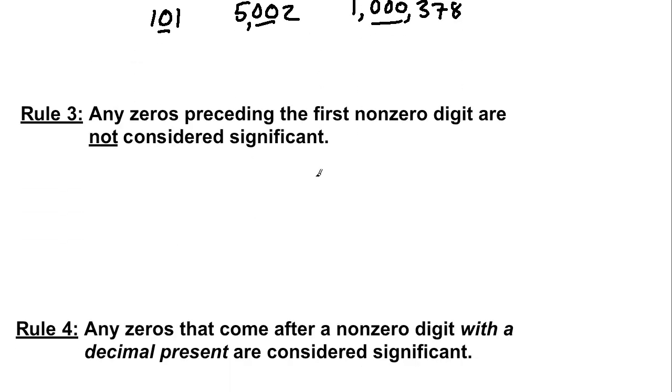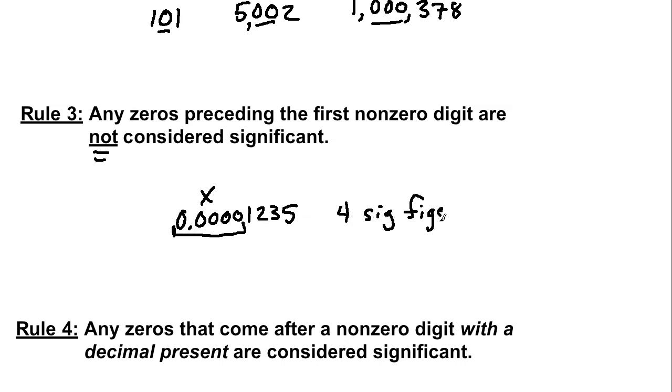All right, rule 3. Any zeros preceding, meaning coming before, the first non-zero digit are not considered significant. So this is when we start usually having very small values, right? And we had an example like this to begin with, right? All of these zeros, because they come before the first non-zero digit, would not be significant. So I would only have 4 sig figs in an example like this, right? So anytime you see these, what's essentially called placeholders that come before the first value, those are not going to